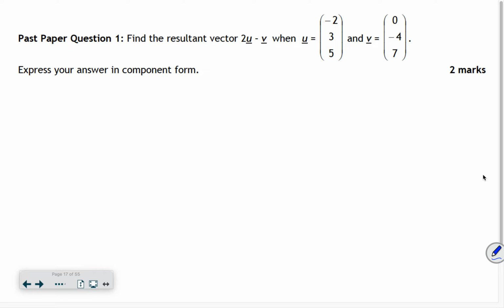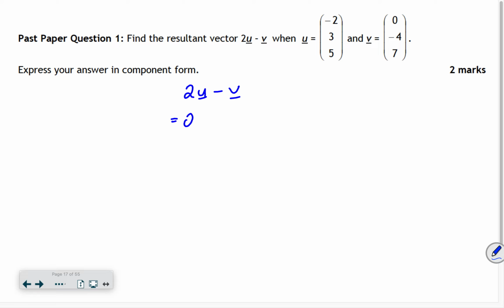Let's look at some vector past paper questions then. Okay, so let's find the resultant vector of 2u minus v when u is (-2, 3, 5) and v is (0, -4, 7). So 2u minus v,